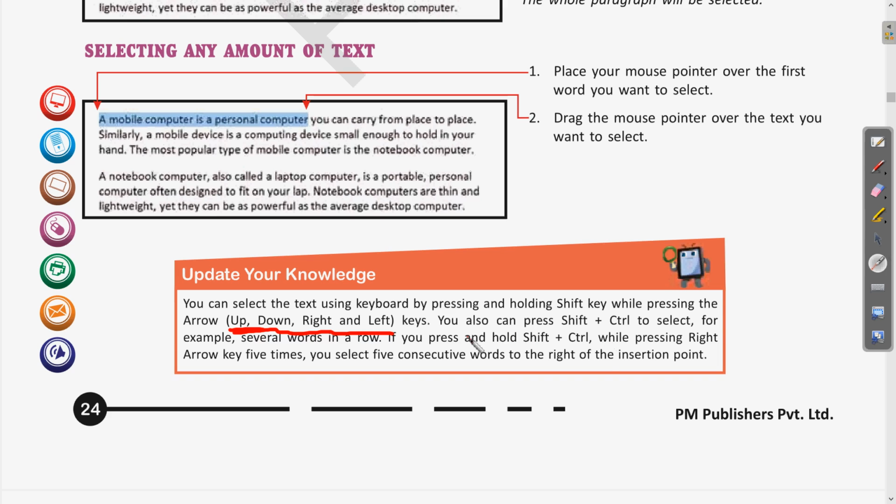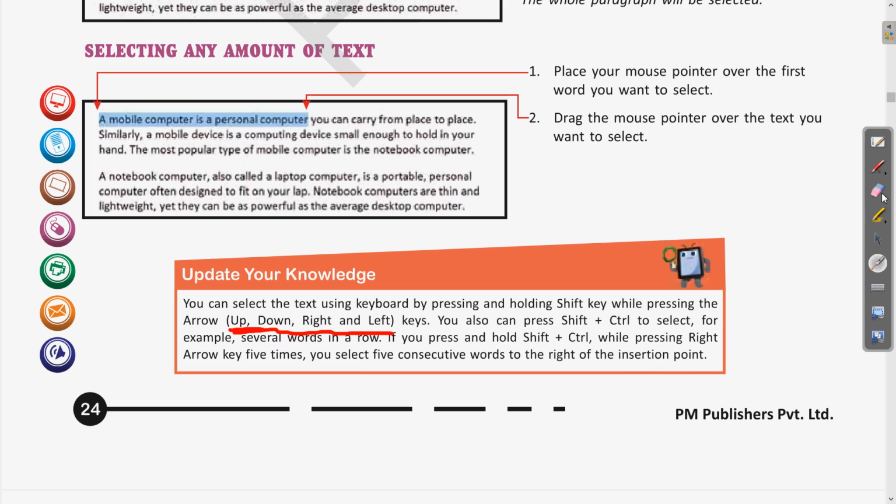So let us read this further first. You can also press shift plus control to select, for example, several words in a row. Clear? So if you want to select more than one word, you can use shift plus control. If you press and hold shift plus control while pressing the right arrow key 5 times, you select 5 consecutive words to the right of the insertion point.